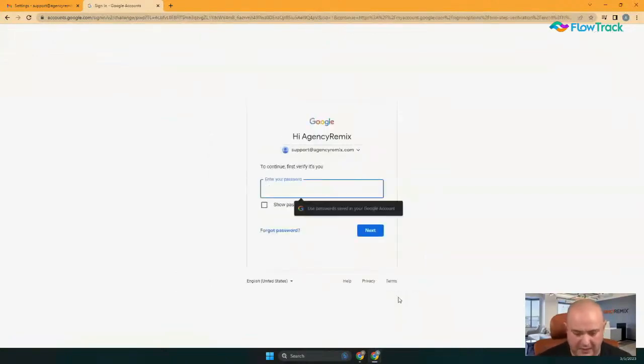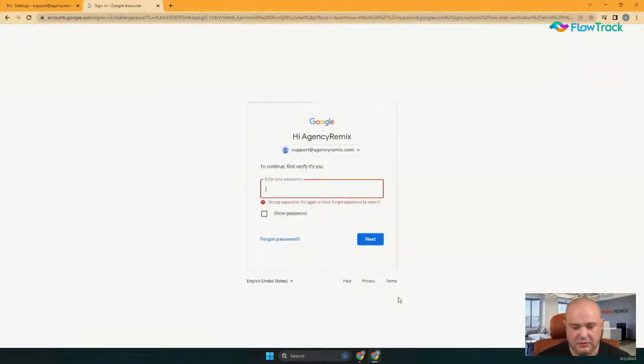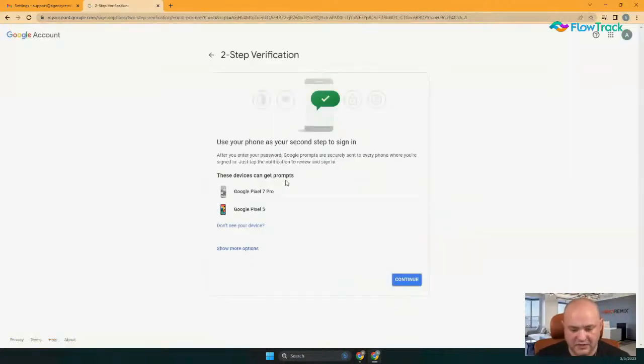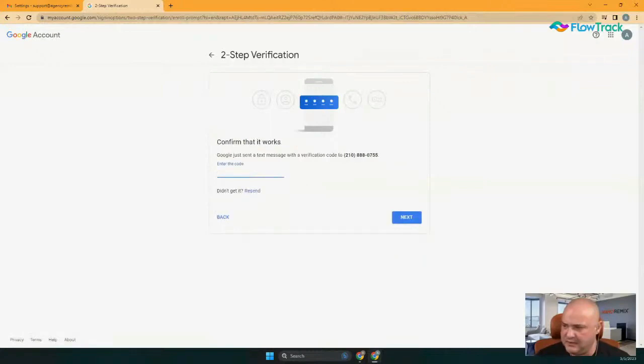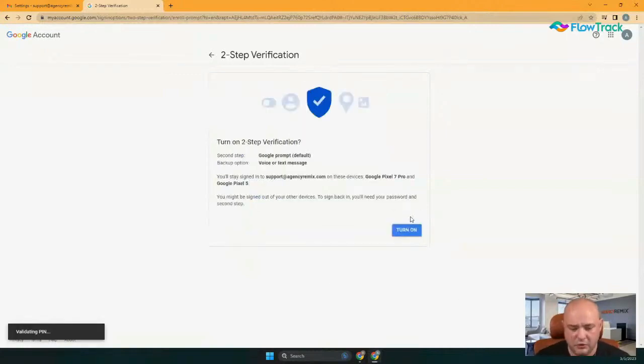And here I have to put in my real password. Give me permission. And it wants me to turn on the text notification, whatever. I'm just going to leave it on my phone. Let me see, I'm going to use one of my throwaway Skype numbers and hit send. And let me see if that comes in already here. 96138. It's confirming it's me. And now I can turn on 2FA. So now that it's on,